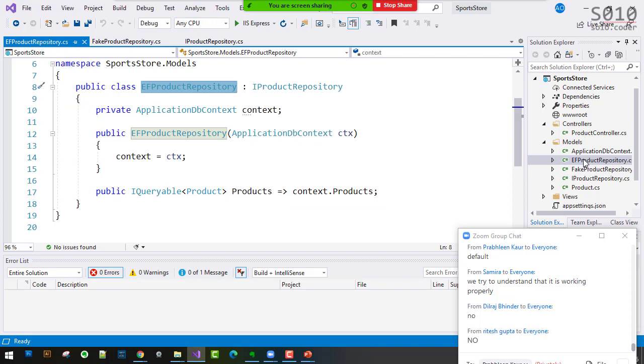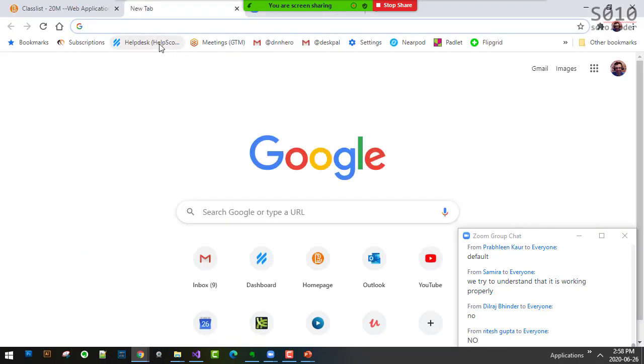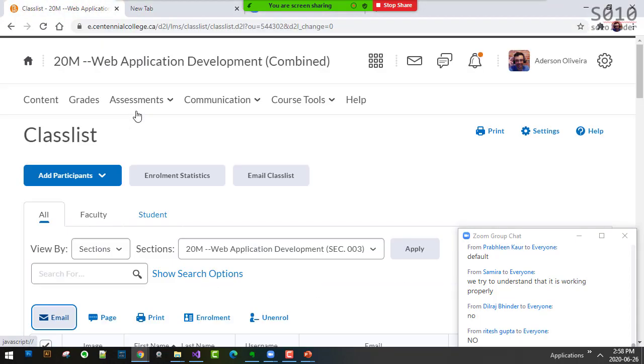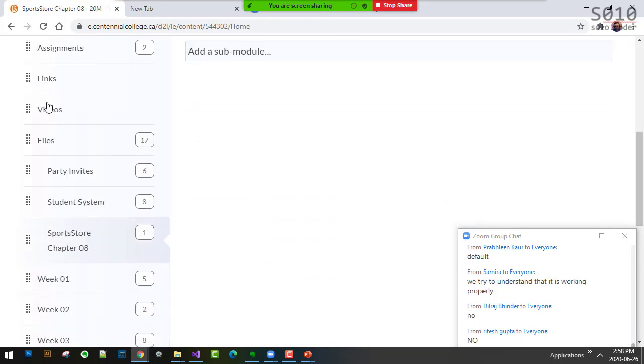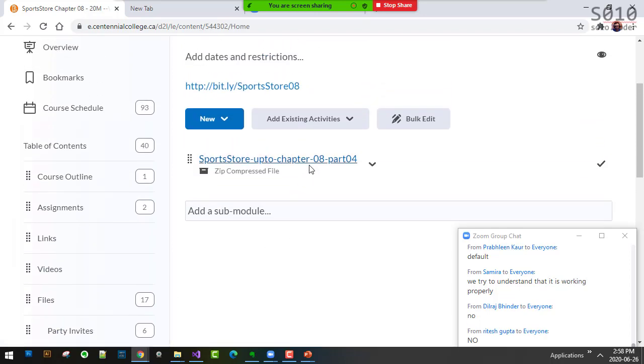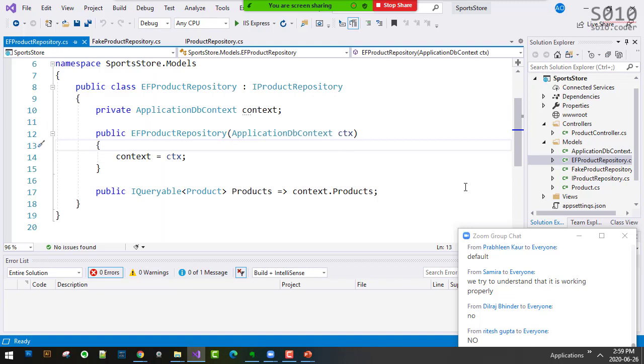And then let's have a look at this. Let's run the application. The source code that I'm showing you is already on Centennial. If you go to Centennial, under Content, Files, Sports Store Chapter 8, the file that I'm showing is this one here. This is the project, the same one, okay? So, if now I put this to run,